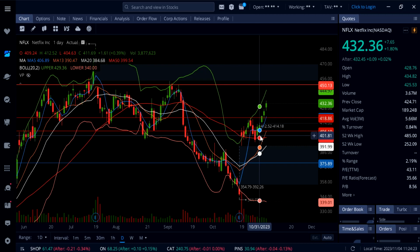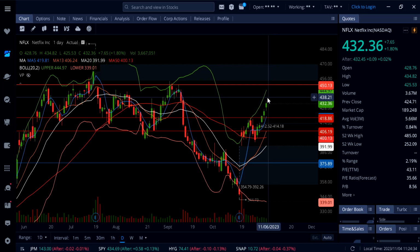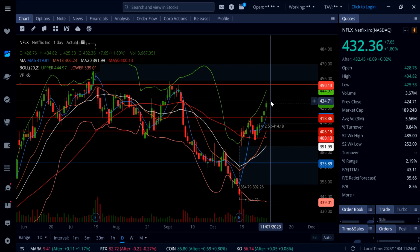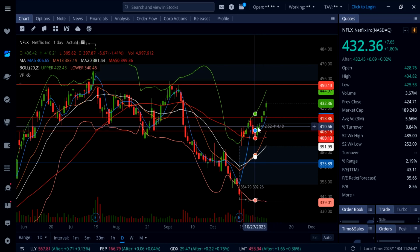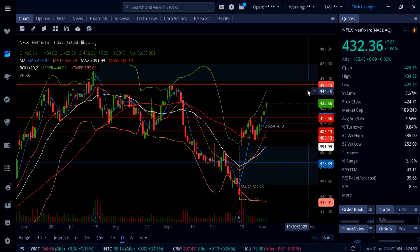So next week things are getting really overbought and frothy. I think we might see a pullback, and if that happens, Nflx right now definitely is not a buy in my book anymore. If you're buying here, that's chasing. You want to wait for a pullback at least down to 418, and also we got this gap down here at 412.52. Now, if the rally continues here on Nflx, watch out for a move up to 445 and then